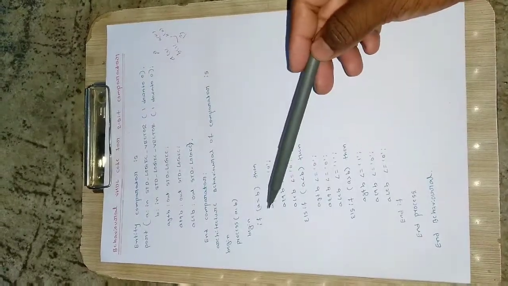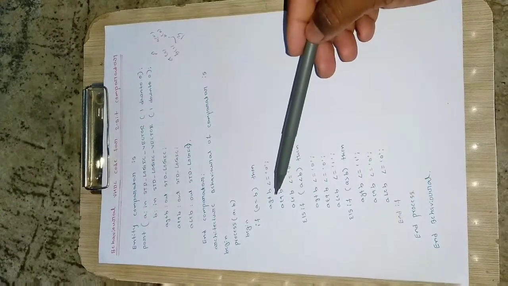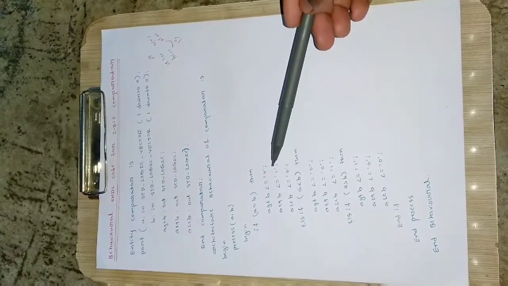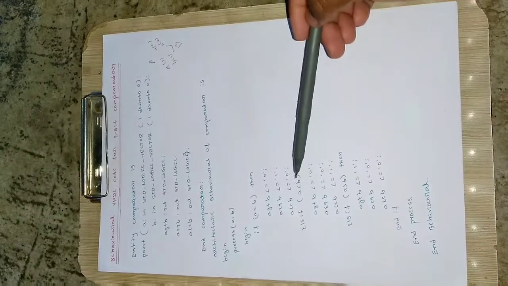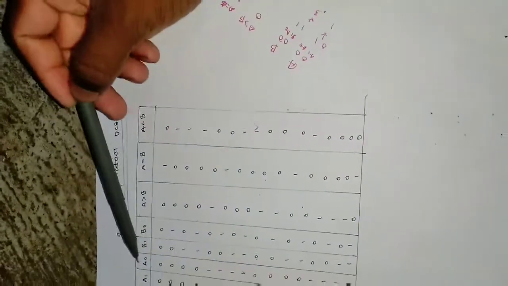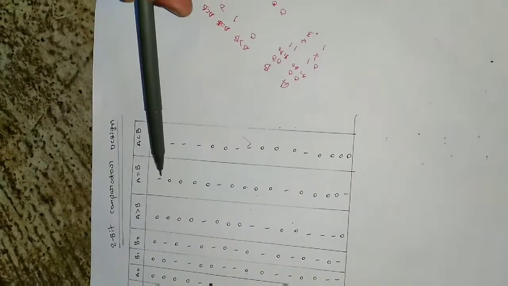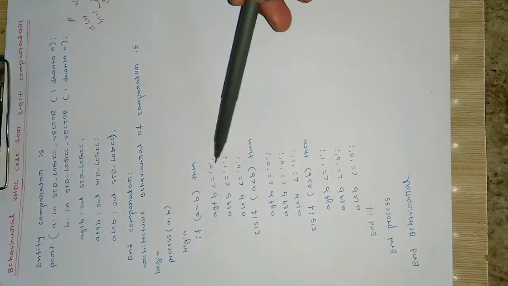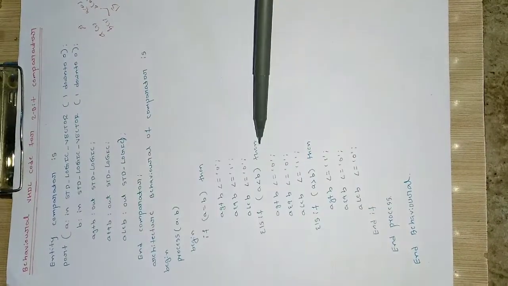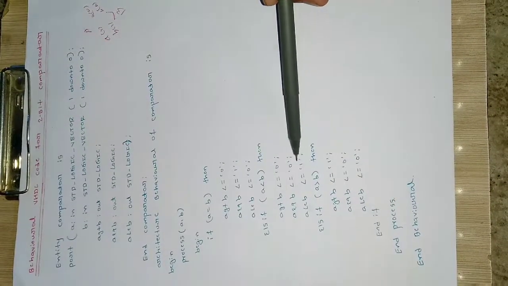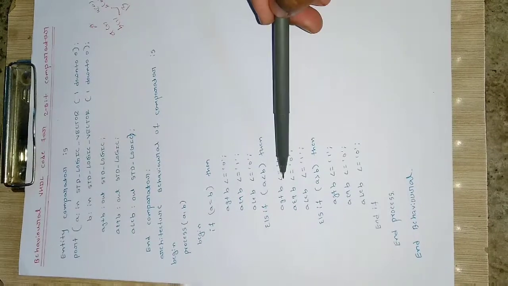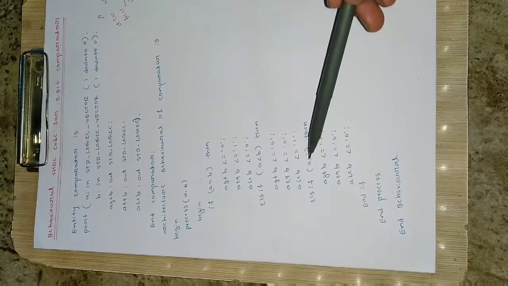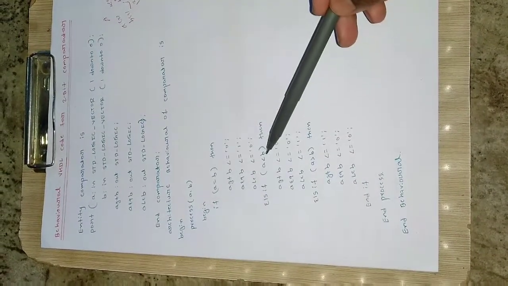Begin: if A is equal to B, at that moment assign A greater than B 0, assign A equal to B 1, and assign A less than B 0. As you can see, if A is equal to B, we assign A equal to B 1 and the others 0. Else if A is less than B, then assign A less than B as 1 and the others as 0. So A greater than B is assigned 0, A equal to B is assigned 0, and A less than B is assigned 1, because the A is less than B condition is true.